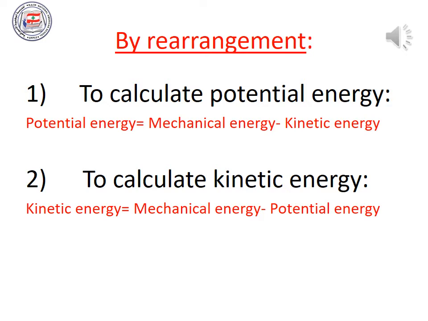And to calculate the kinetic energy, you also use the equation in front of you. Kinetic energy is equal to mechanical energy minus potential energy, and the unit for each kind of energy is joules. So we have the equations that we took in section 1 to calculate potential energy if we have weight and height, and to calculate kinetic energy if we have the mass and the velocity of the object. We can also calculate potential energy and kinetic energy using these equations if we know the mechanical energy of the